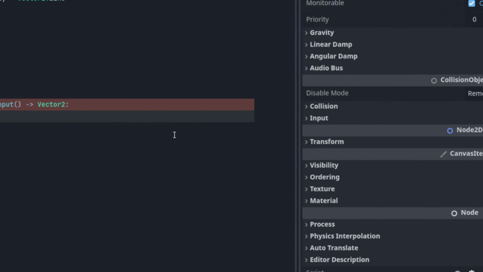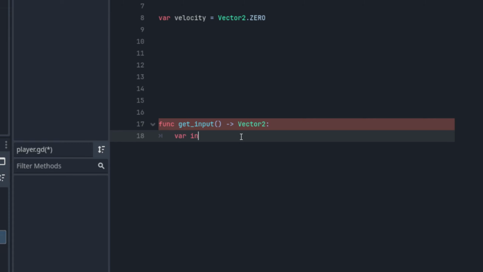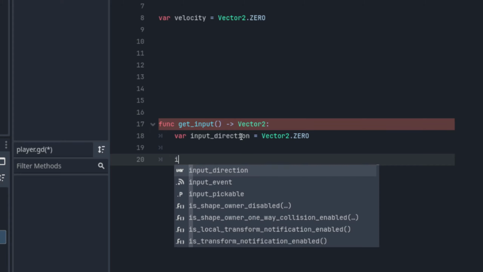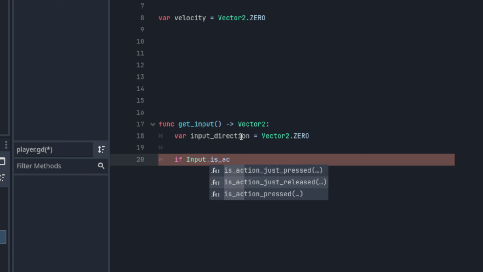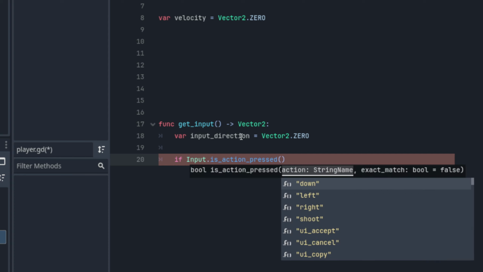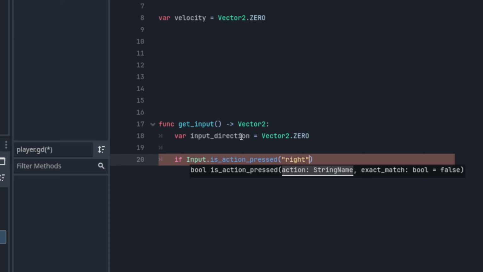So we'll just simply process the input. We'll assume that it starts at 0. If Input.is_action_pressed right,